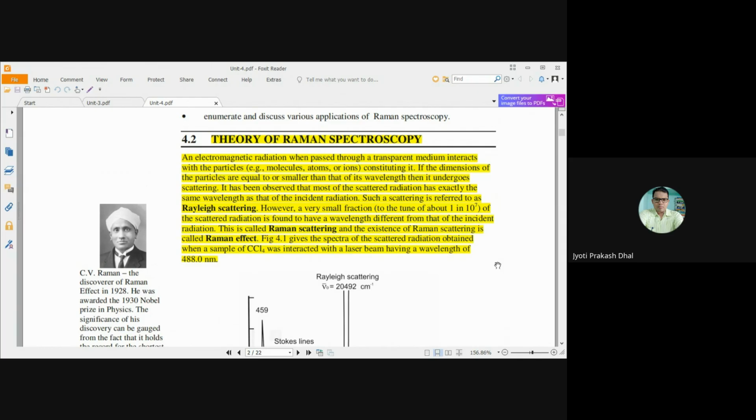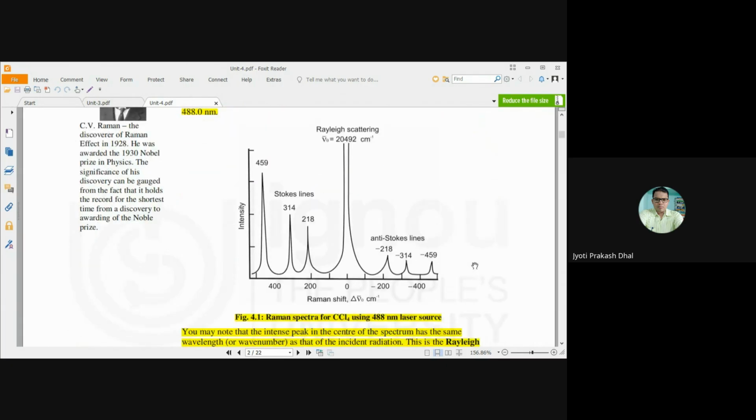However, a very small fraction of the scattered radiation is found to have a different wavelength than that of the incident radiation. So this type of scattering is called Raman scattering, and the existence of Raman scattering is called the Raman effect. So here in this figure,